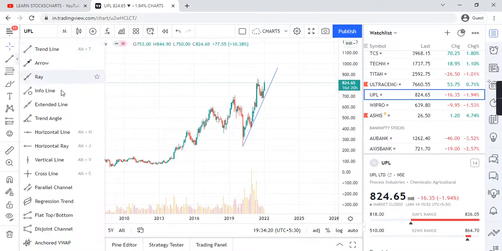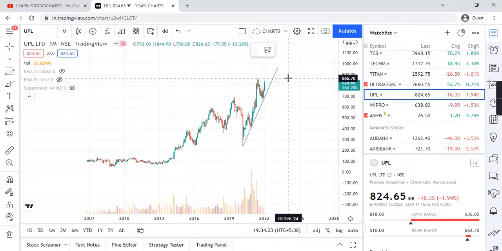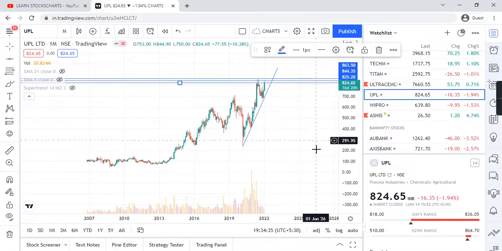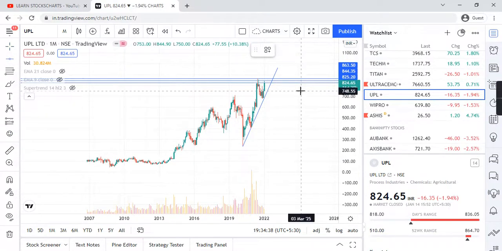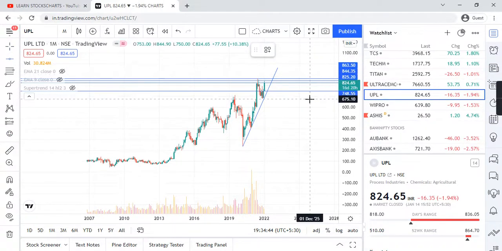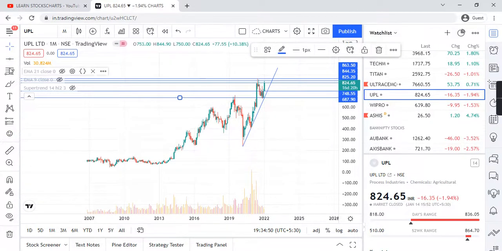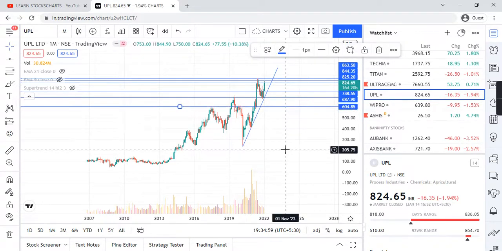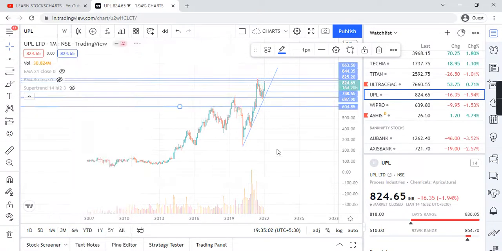Highest support and highest resistance, this is the highest resistance first, this one is the second resistance, 844, this one you consider as the third resistance, 825, and on the bottom side, first support 748, second major support is this, or you can consider this one, approximately 687, third one is, but we have to wait quite long, and I hope the share should not come to this particular place, 604. So let me go into the weekly one.